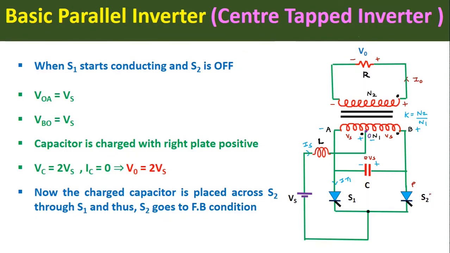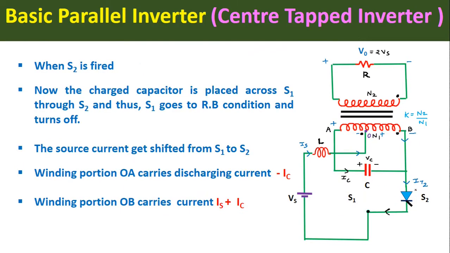When we give the trigger pulse to this S2 SCR, it will go into the on condition, and as soon as this S2 SCR goes into the on condition, the negative polarity of this capacitor voltage will go to the P side of this S1 SCR, and this S1 SCR will go into the reverse bias condition. When S2 SCR goes into the on condition, this S1 SCR goes into the off condition. So this S1 SCR will be in the open circuit, as you can see. So this is the circuit diagram when only the S2 SCR is in the conducting state.